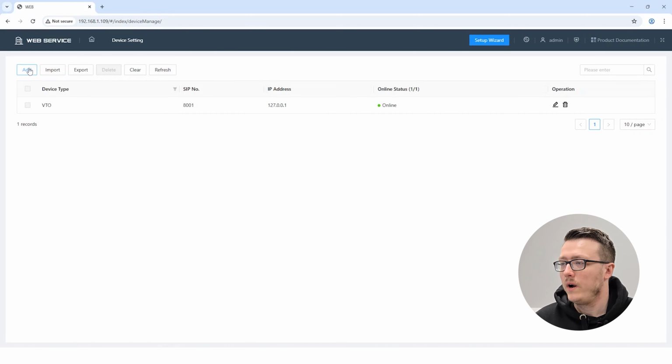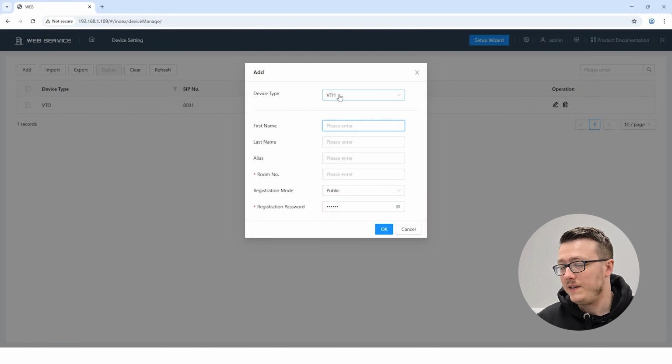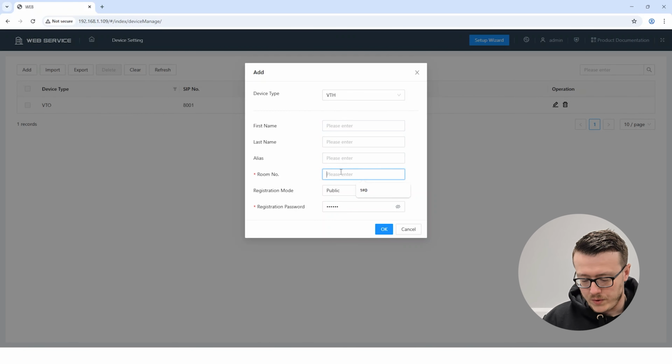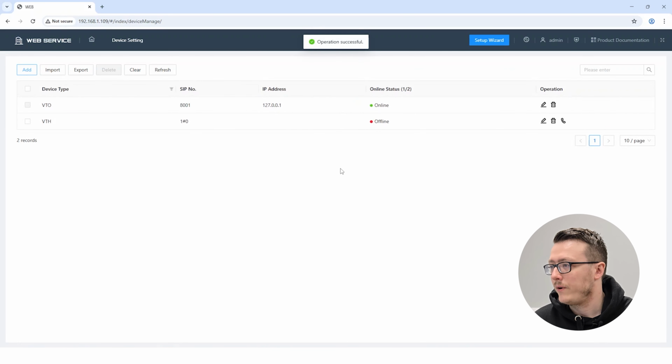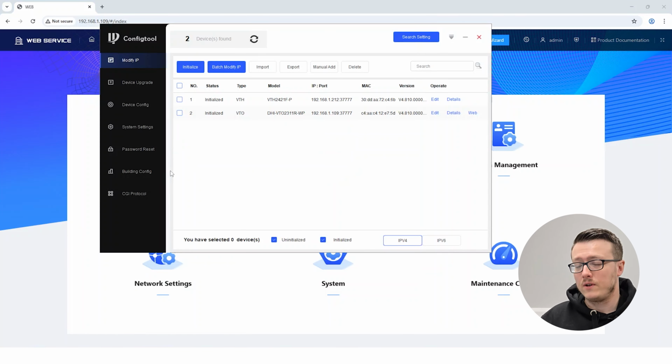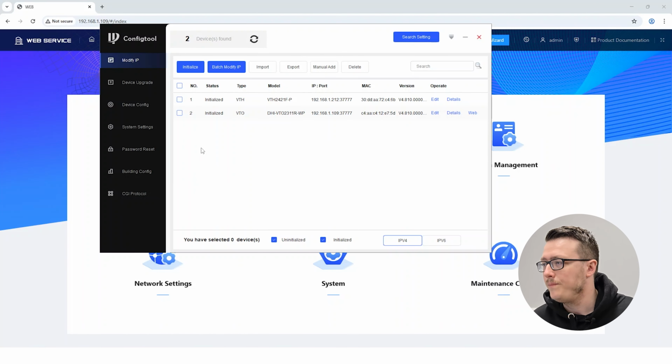So what I need to do is tell the VTO that there's going to be a VTH on this system with the room number 1-0. On VTH, room number 1-0, registration password, you can leave that as default. That is not the same password that you've initialized the VTH with. So 1-0. Currently offline because I've not set up the details for 1-0. Now that the SIP server is online and I've told the VTO that we have room 1-0 in our system,